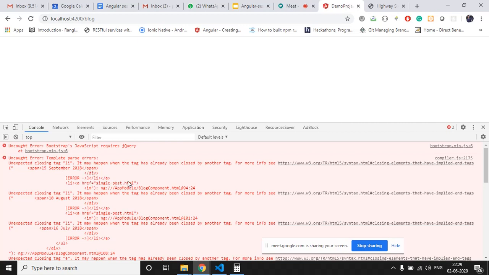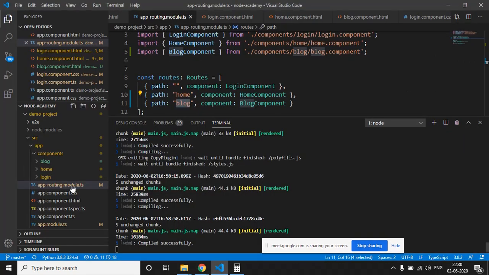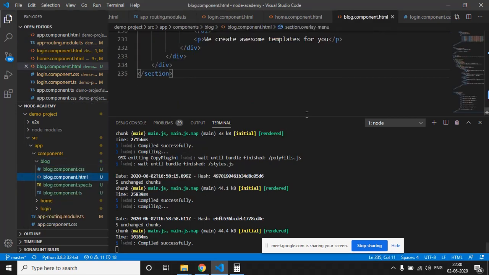So it is a fault in the block component.html at line number 94. In the console you can see where the error actually is. So it is in the block component.html file, at line number 94. So we can just check the block component.html file, line number 94.